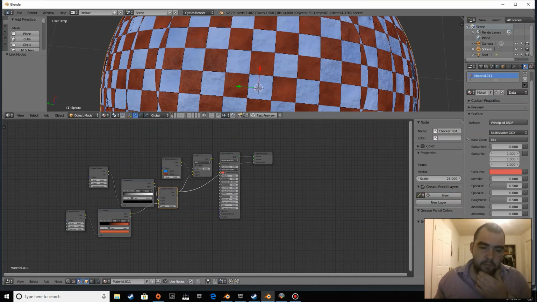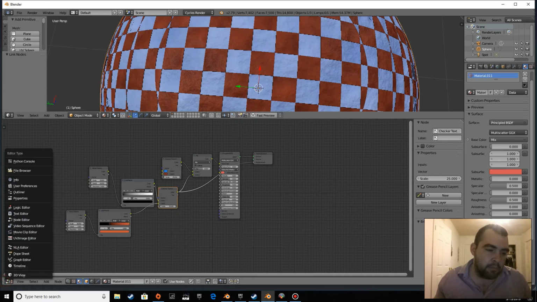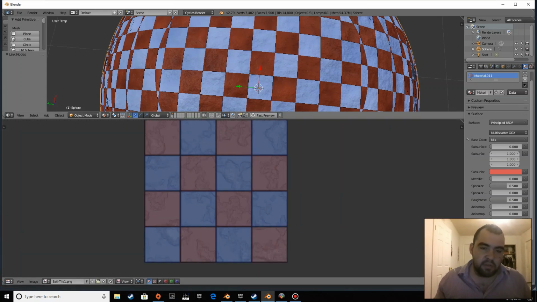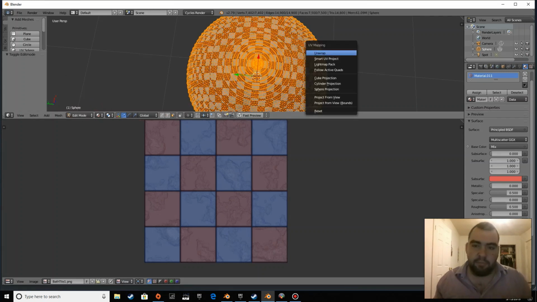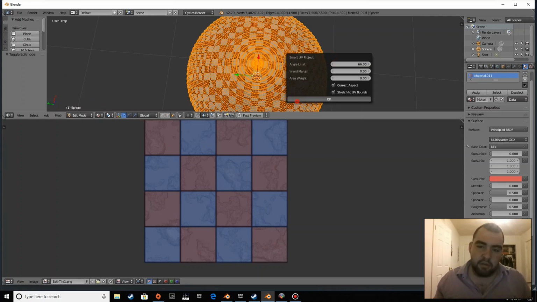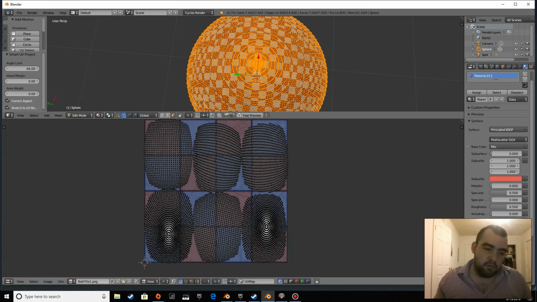So what I'm going to do is I'm going to go back to my UV image editor. I'm going to go into edit mode. I'm going to unwrap this with a Smart UV project because it is a Smart UV project. So